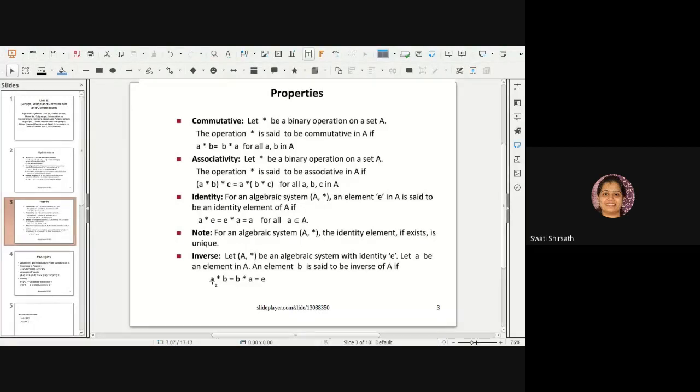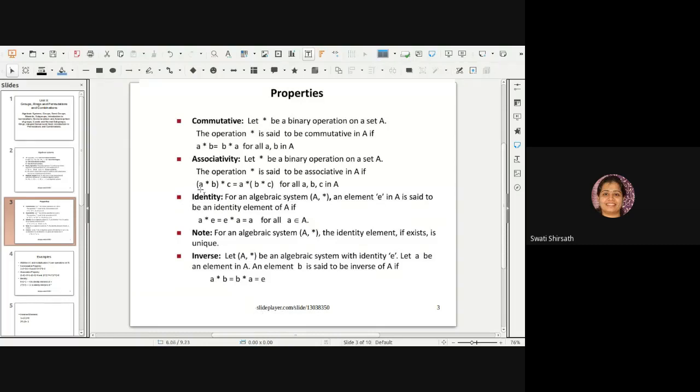Okay, and here inverses will differ. A and B are inverses of each other, but C and D will be inverses of each other. It should not be like C is the inverse of A or D is the inverse of B. It is not like that. So inverses depend on each other. These two values depend on each other, on whether operating them together gives us the identity element or not.